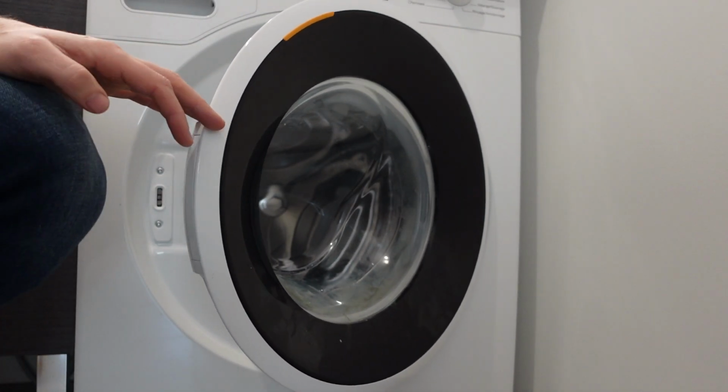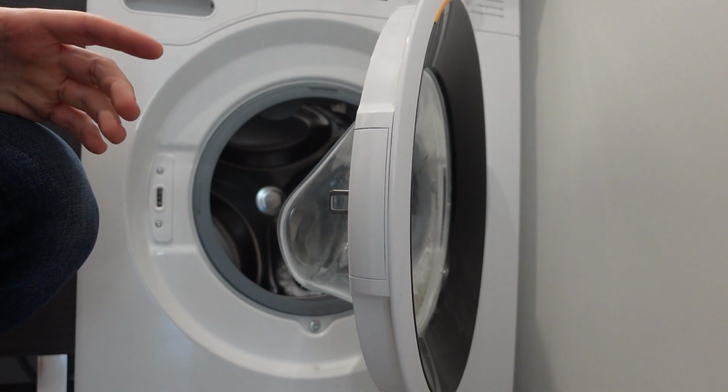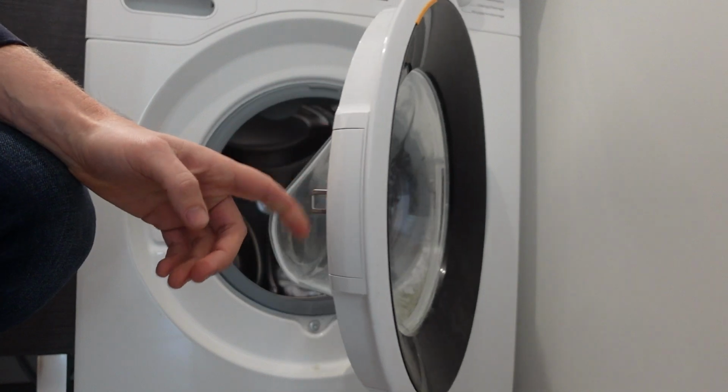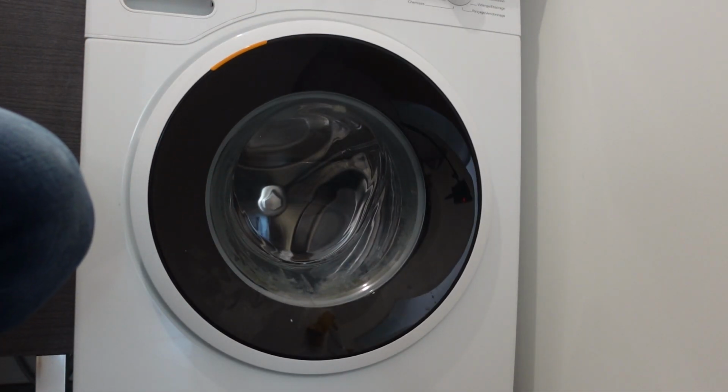Hey everybody, this is a quick video in case you have a Kenmore brand washing machine and it's giving you a small d capital U error code and you're wondering what's going on and what you can do to get rid of it. So basically, if you're getting this error, your door is probably stuck shut because this is